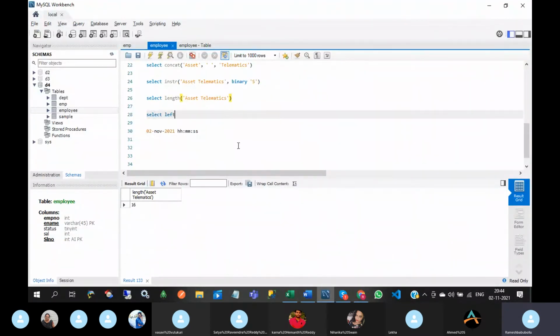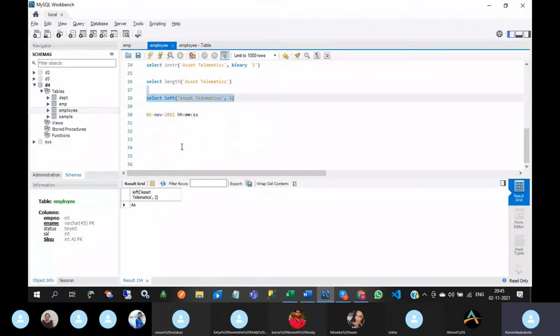Select left of the arguments. Here I want to extract two characters of a string from the left side. So 2. So I will have yes, two characters only. If you write 5, I will get a set.